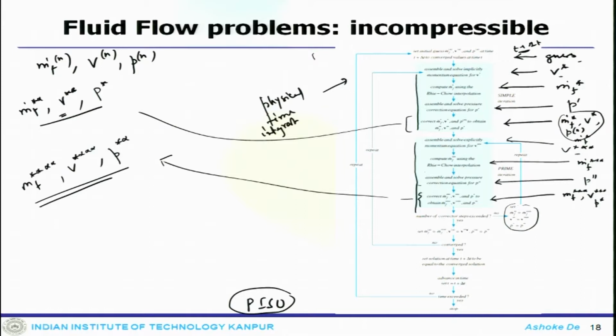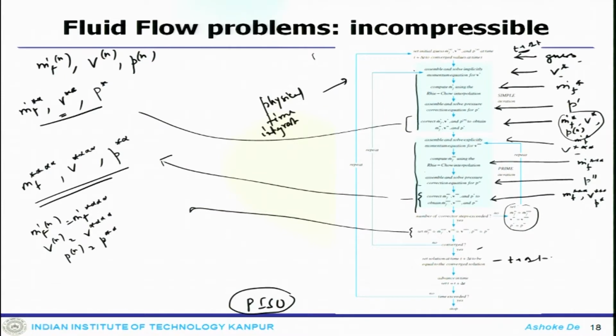But if that is exceeded, then at this step you get m dot f n equals m dot f 4 star, v n equals v 4 star and p n equals p double star. So, you assign that, if it is converged you move ahead, if it is not you go back and repeat this test. So, again you compile the SIMPLER PISO algorithm. If it is converged you update these things for the next t plus delta t iteration, advance in time, and if the time limit is exceeded, stop, or you go back and do the physical iteration.